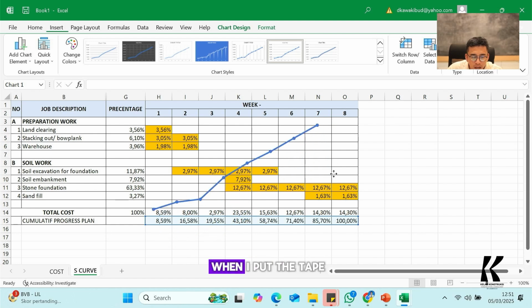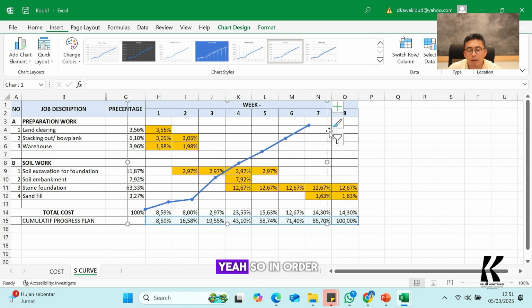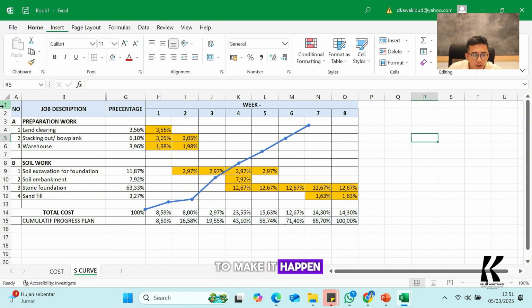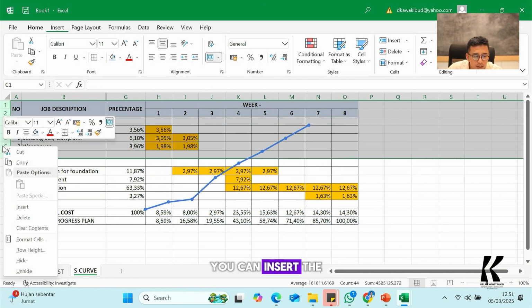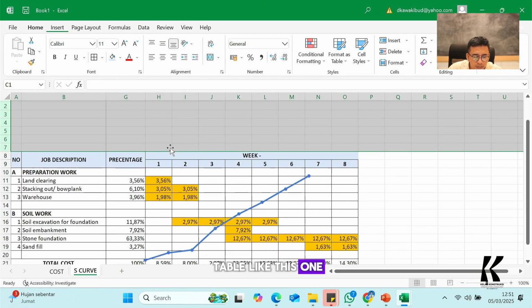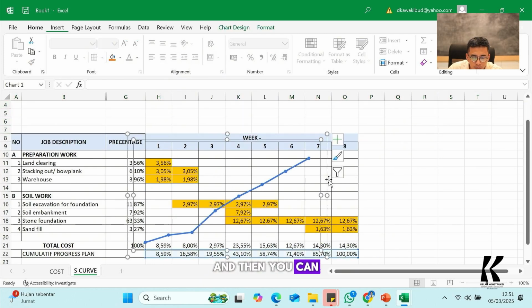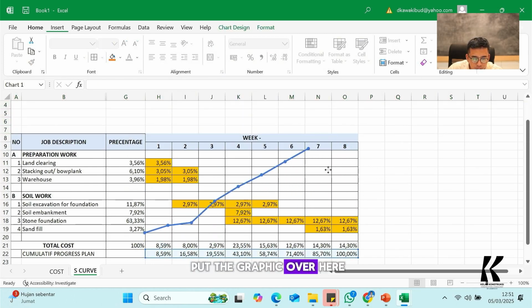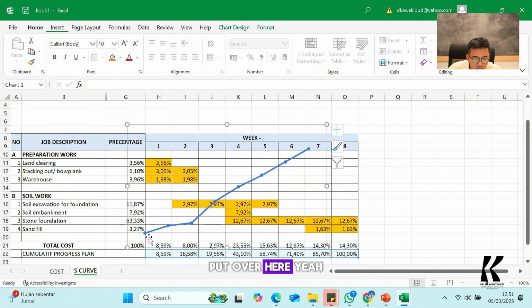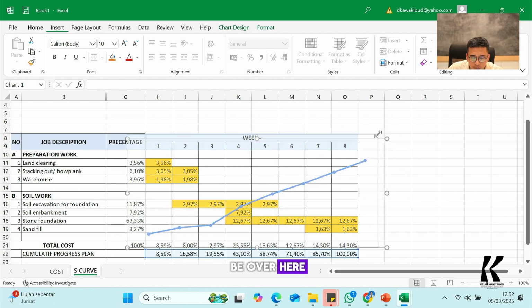But the problem is when I put the graphic into the table, I cannot go up. So in order to make it happen, you can insert the table like this one, and then you can put the graphic over here. The lowest should be over here, and the top should be over here.